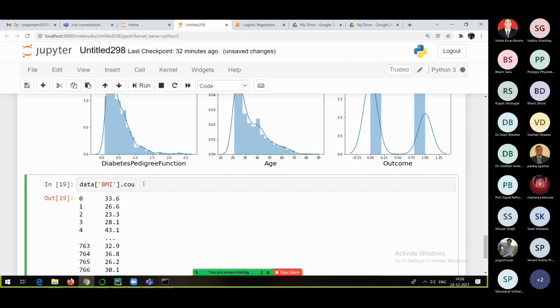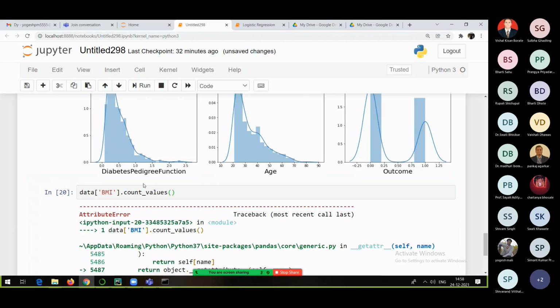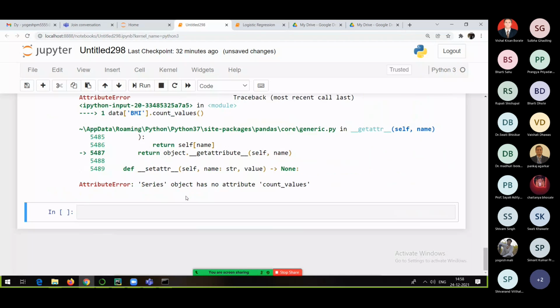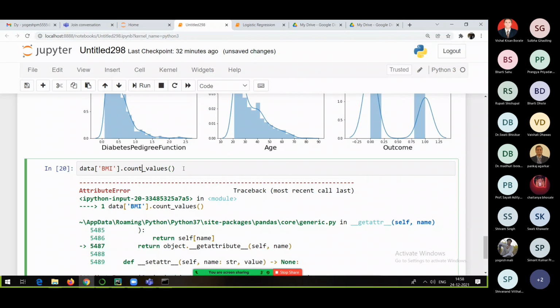Let's suppose I do the count of values for the BMI data of diabetes. Let me check this. I just press the tab button. Okay, anyway, it is not showing me. I think one column is going to be a series, and that's why it is giving me a problem.